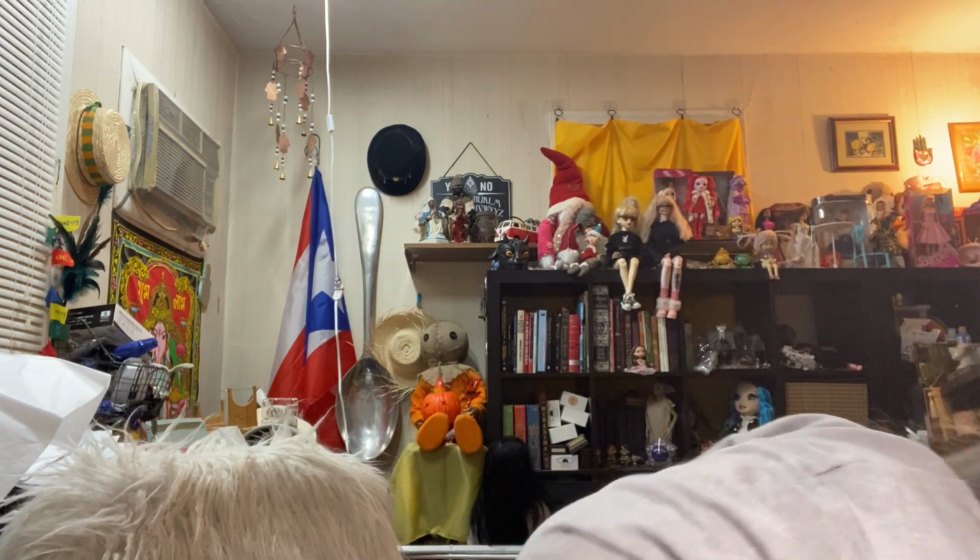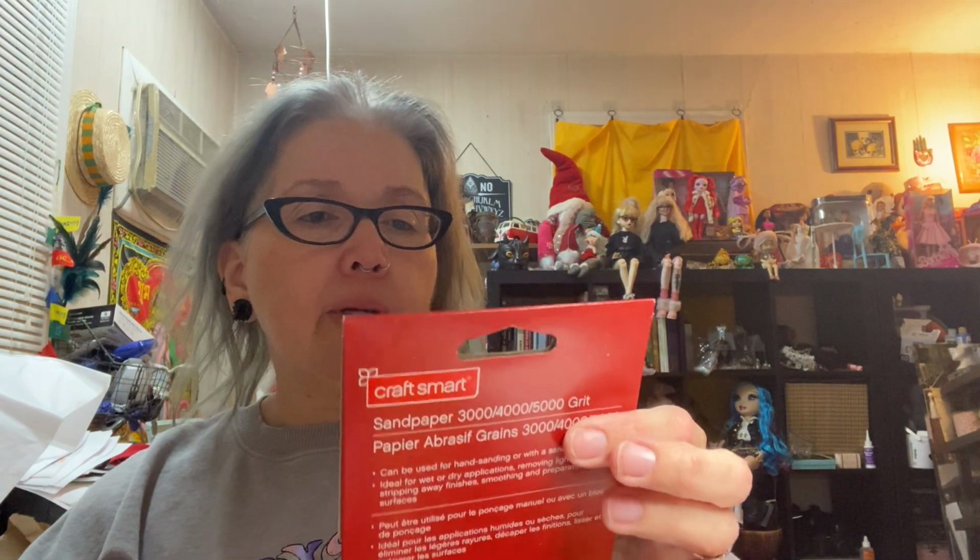So I go from 400 to 800, which usually works for me because I don't do anything crazy, because I don't know how. But some people go all the way to like 5,000, and you can get these packs at your craft store, and it comes with like 2 pieces of each grain, and this one happens to be 3,000 to 5,000 grit, so it has 2 3,000, 2 4,000, and 2 5,000. And as you can see, this one is almost full because I barely use it, but my other pack that I have somewhere around here,